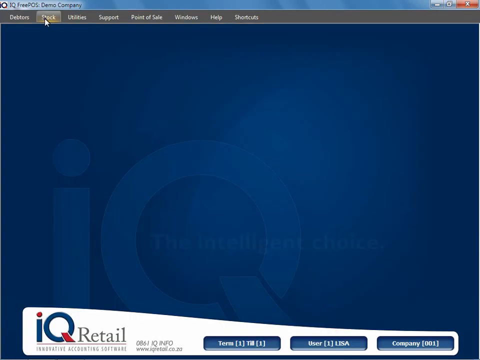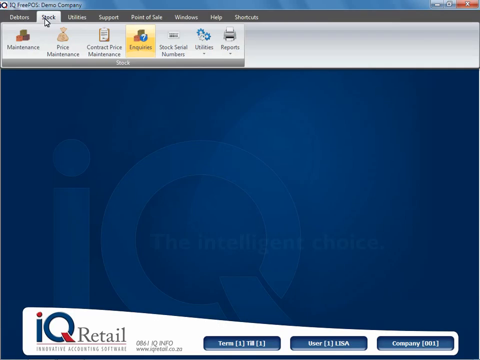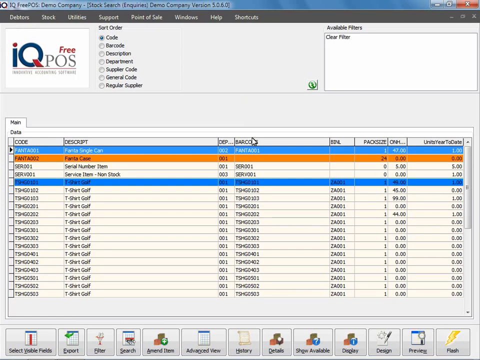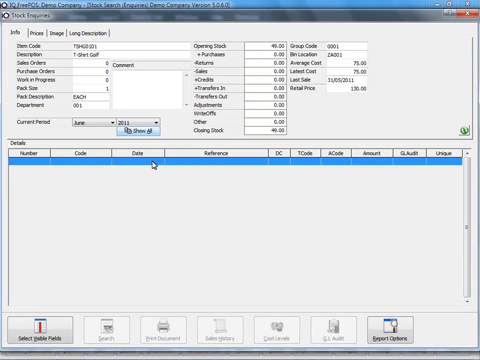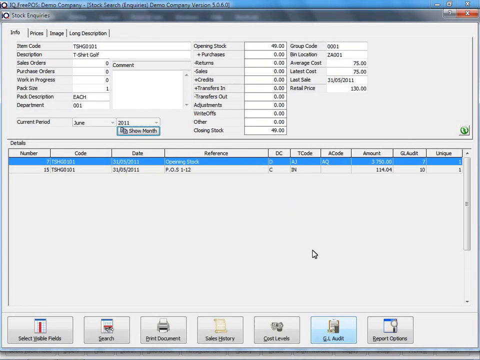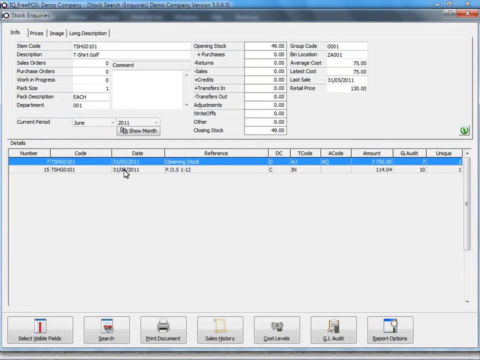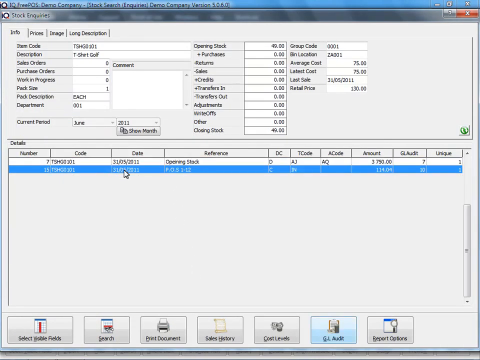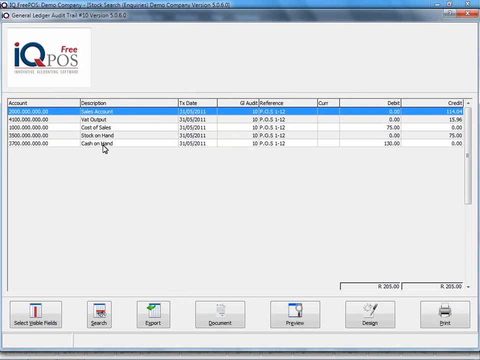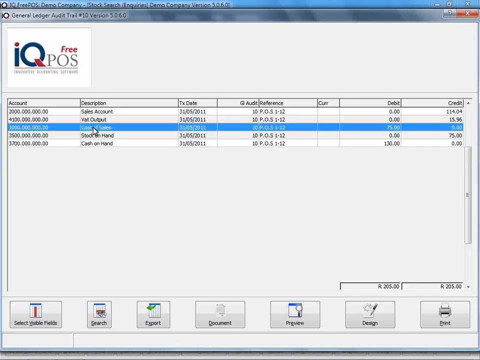Okay, then to show you the influence or the difference between processing a perpetual or a post sales and purchases only transaction, if I go to stock inquiries, now I've sold one of my t-shirts here. This is a normal stock item, and if I click on the point of sale transaction and I click on the GL audit,